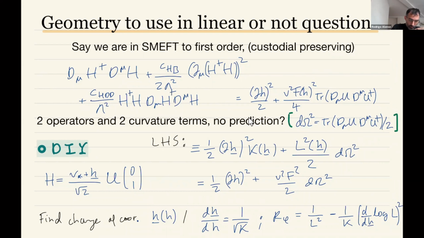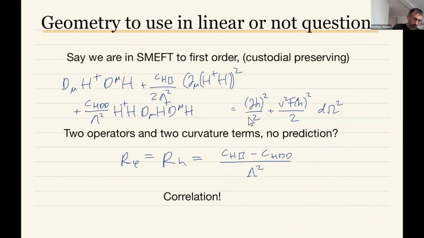The derivative of this transformation, h underline with respect to h, you can deduce yourself that will be something like 1 over square root of k, and then you can use that expression and the chain rule to rewrite those curvature entries that we wrote in terms of derivatives of f with respect to h as derivatives with respect to h underline of these functions that show up in there. Then expanding to 1 over lambda squared, because we're only considering SMEFT to that level, expanding to 1 over lambda squared everywhere and only retaining those corrections, you realize